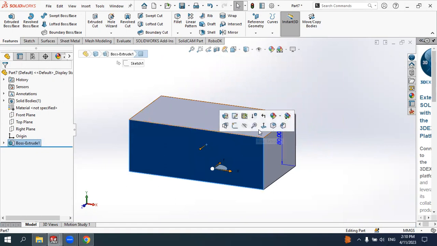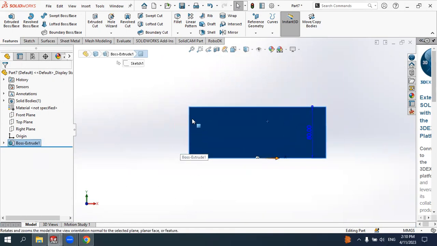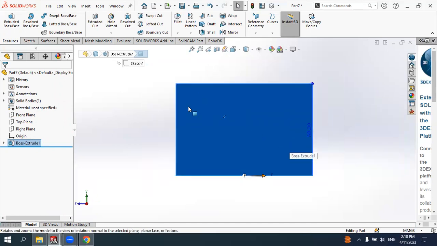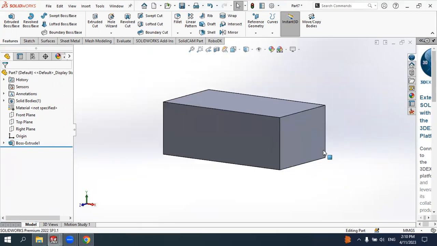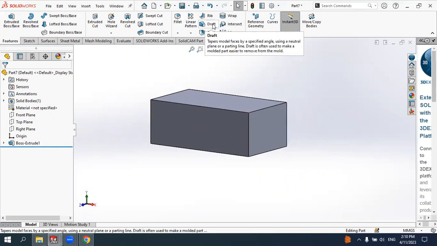If you look at this solid body, this is the extruded one, that is straight. You see here that the angle is straight. But you can add some draft, some inclination, some angle. So here we have the draft feature. The draft feature is used in order to create some angles. It is mostly used in order to design plastic elements and so on. So if you select the draft,